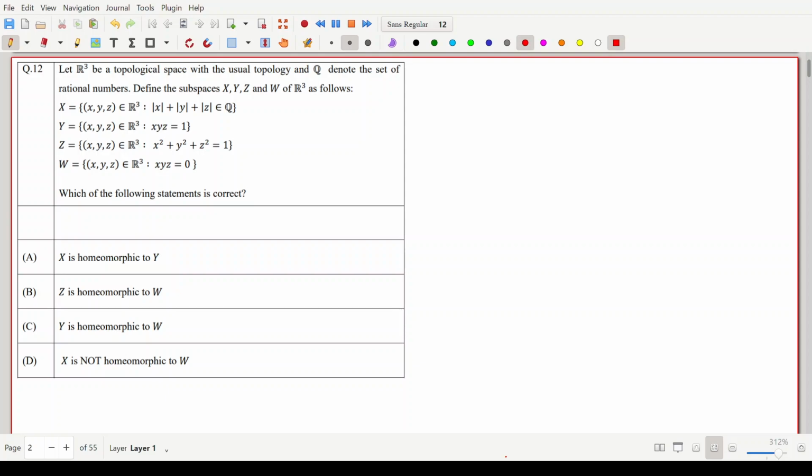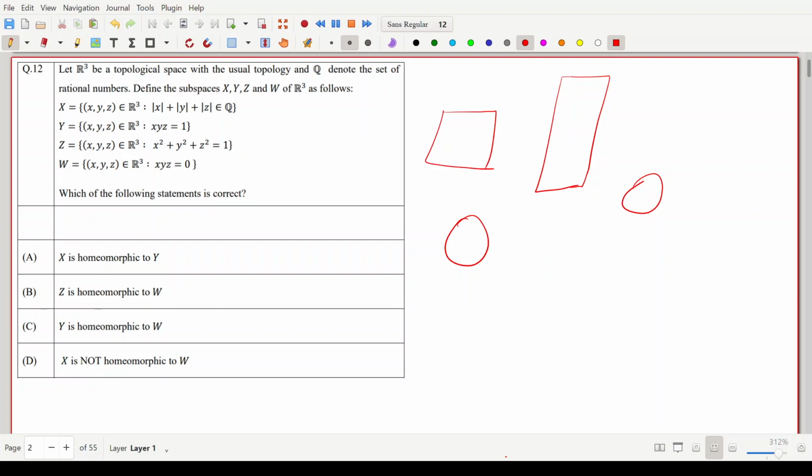So let us quickly know what is the definition of homeomorphic. See, in topology, you can consider two sets as homeomorphic, or you can say a rubber sheet geometry. A rubber sheet geometry, that means what? Suppose you are having a square, then you can just stretch it. You can make it like this, correct? And you can cover it with a ball. That means this can be made as a circular part and something like that. Whatever you can do with the rubber ball and whatever things you can do with this,